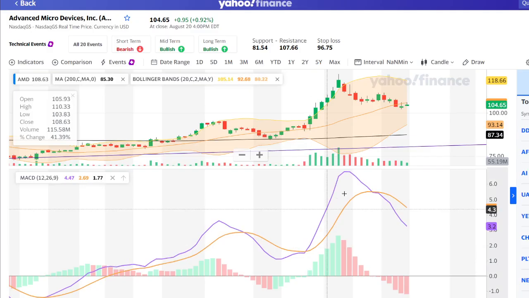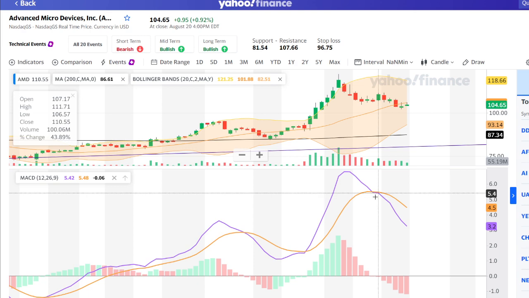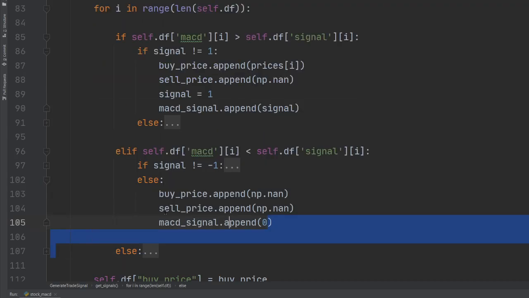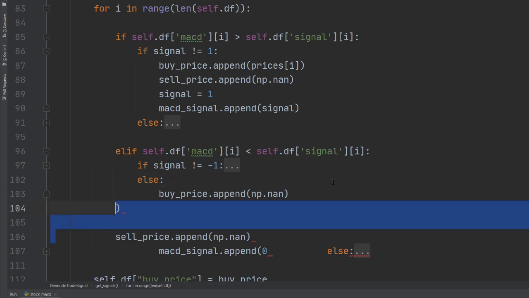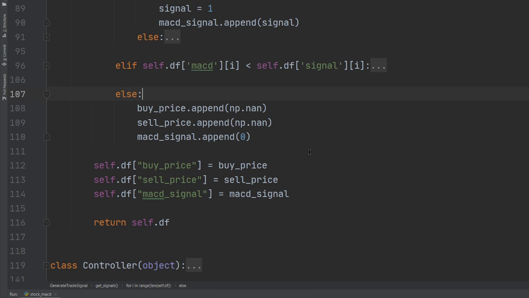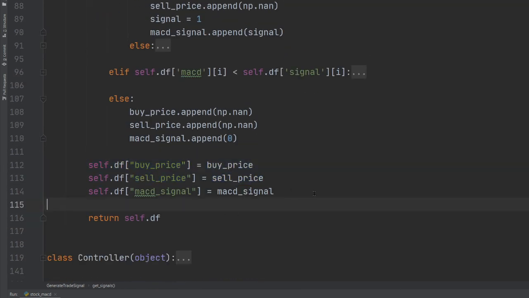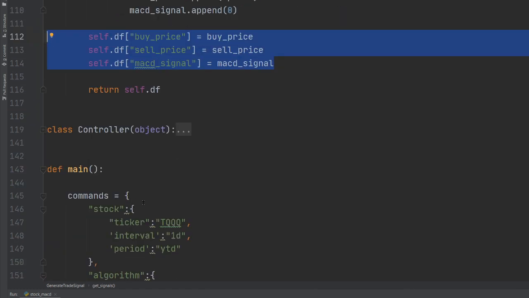If it is less than that, so for example, if the MACD is less than the signal line, it's a sell indicator, right? So if the MACD is less than the signal, essentially here, the MACD, the blue line is less than the yellow line, well, it's a sell signal, right? We want to append the logic for the sell, right? If not, then it's a false signal, append none. So essentially, this right here would create a pandas data frame and it would append the buy and sell signals.